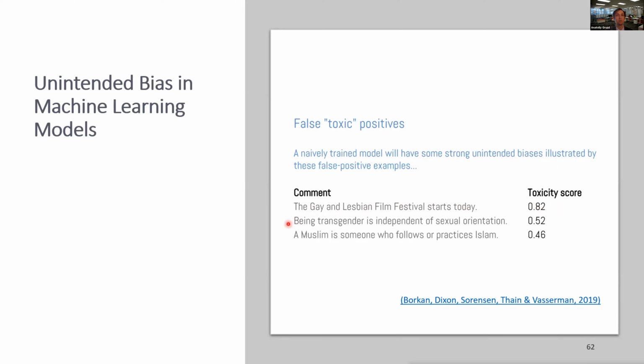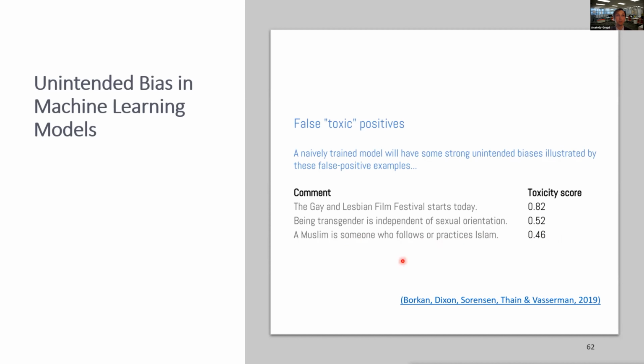There are other examples for other words, like being transgender is independent of sexual orientation. Well, there's nothing negative about this statement, it's just an informative statement. But the toxicity score is halfway through, so it's higher than it should be. And same with the third example. A Muslim is someone who follows a practice or practices Islam. And again, it's not clear why the toxicity score is as high as 0.4 here, because this is just a